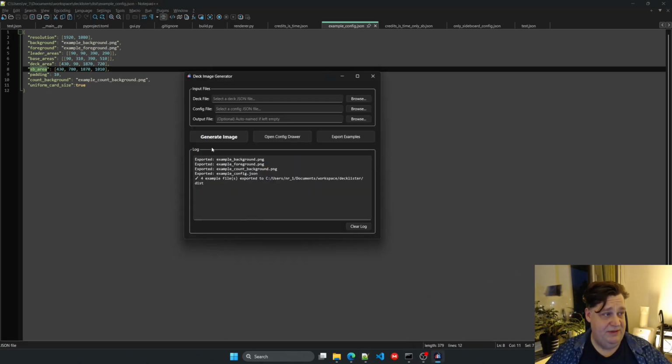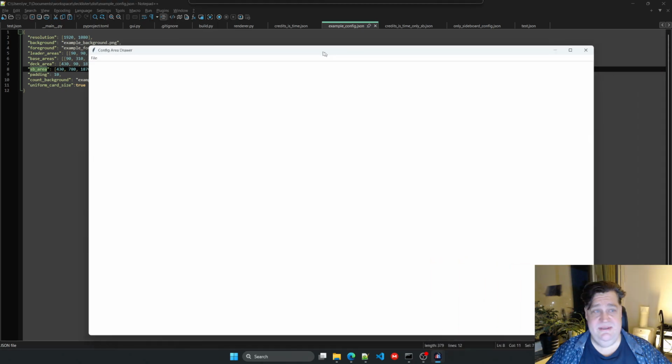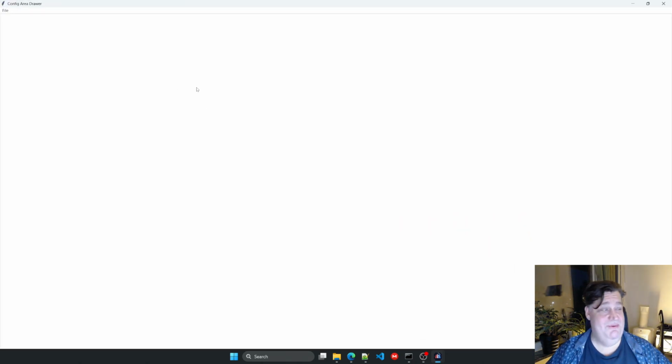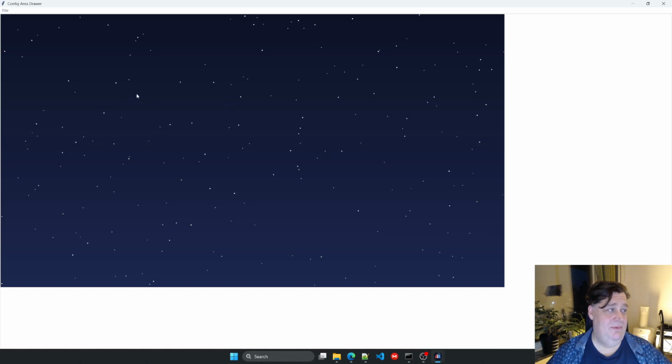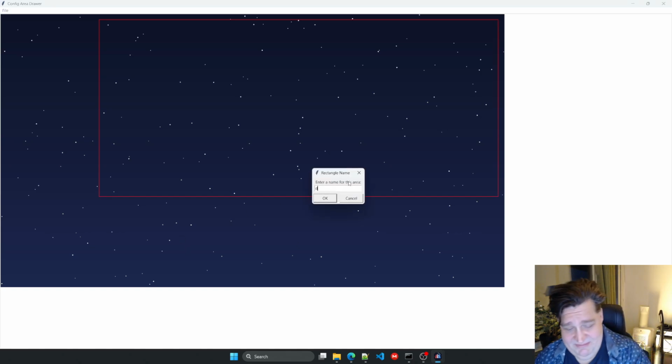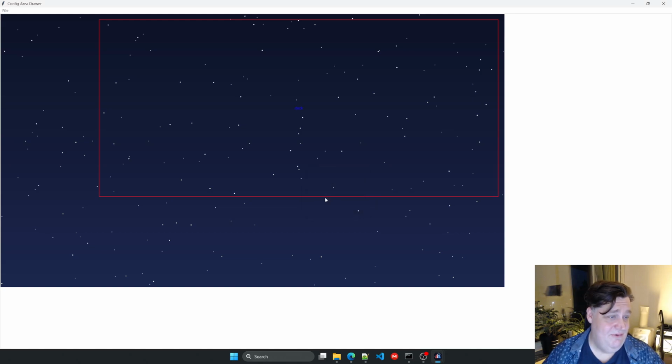So if you go back to the program here, you have this open config drawer. If you click that, it opens a very white program or a different app. You can load your background image here, so you get a reference for where you want to put things, and then you just make rectangles. So maybe this is my main deck area, and I type whatever I want just to have a name for it, so I know which one is which. And that was me clicking too quick. And then I just have sideboard,